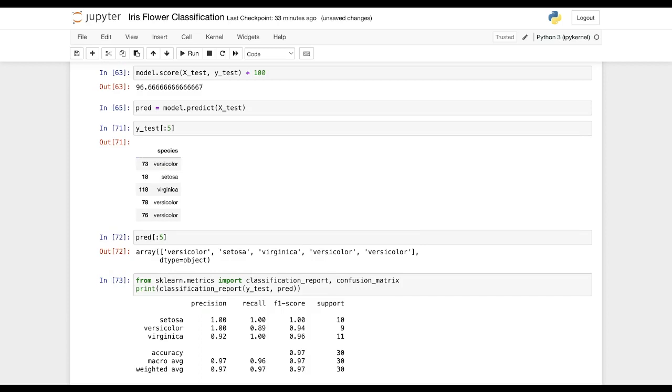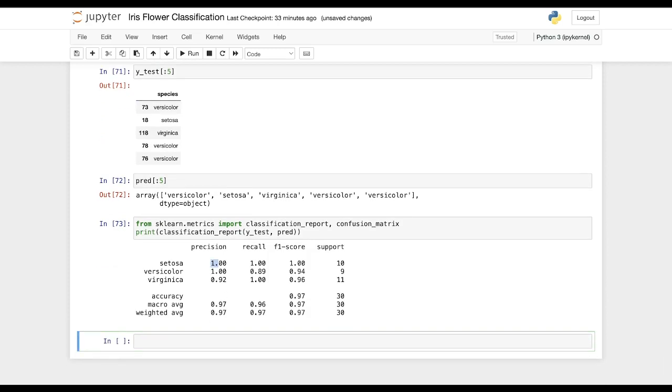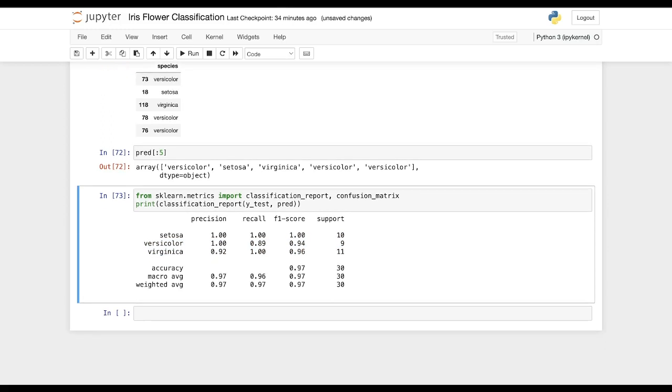As you can see, you are getting a precision of 100% for the category setosa and versicolor, and 92% precision for virginica, which is quite good. And again, the F1 score is very similar and good for every category, which means there is no imbalance of the data set.